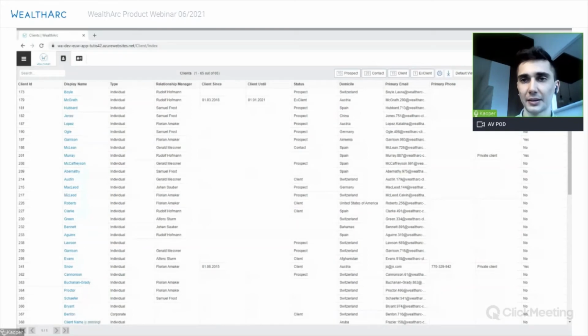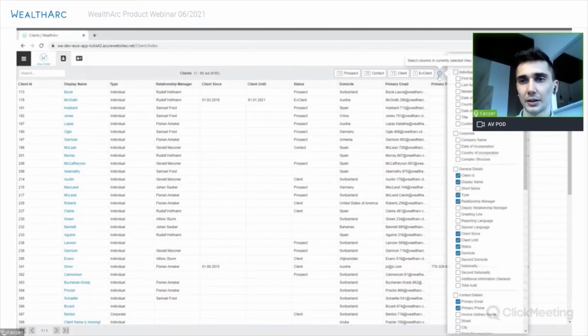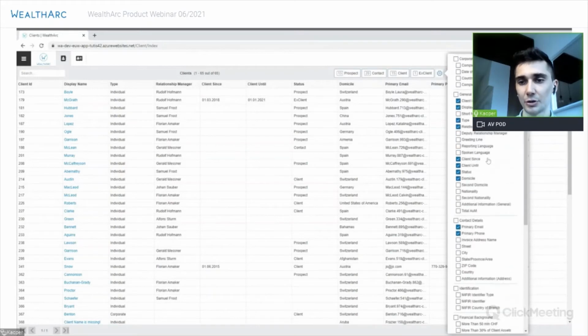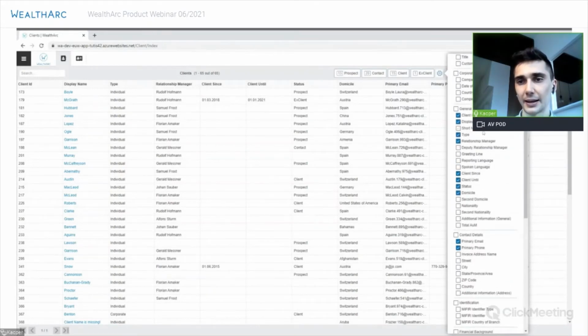The biggest change will be that you will be able to export all KYC data really easily from the app. As you can see here, we have some basic information, but you also have all the details that will be set up on the client dashboard, and you can easily select and check which should be available on your screen.